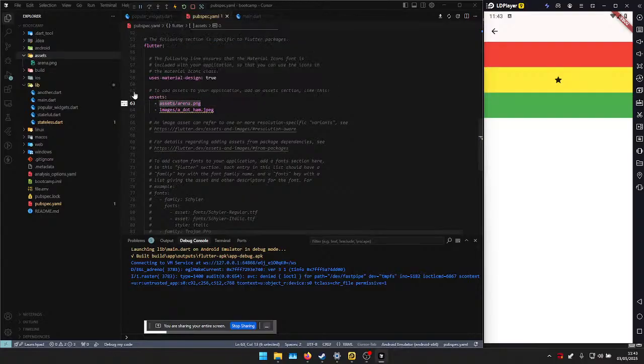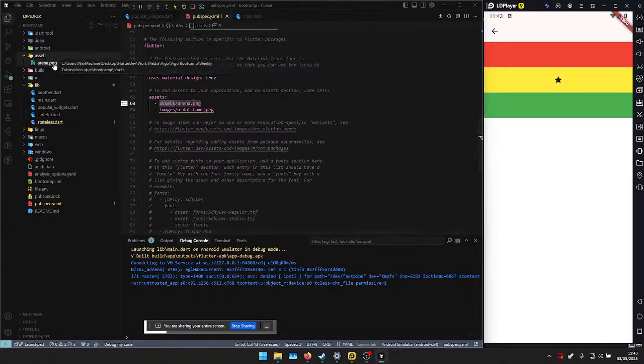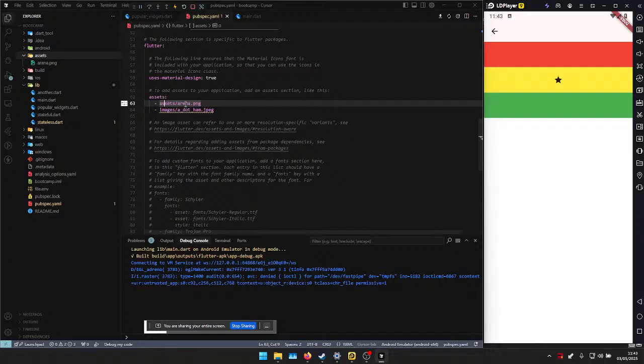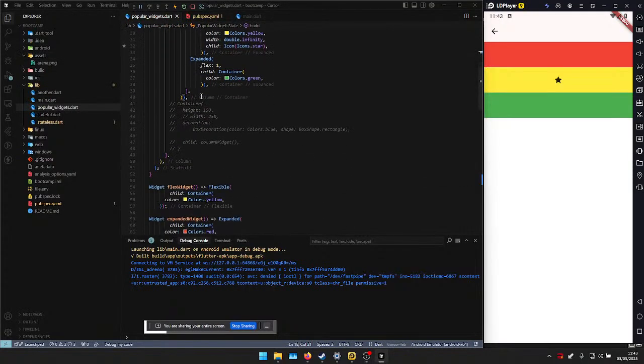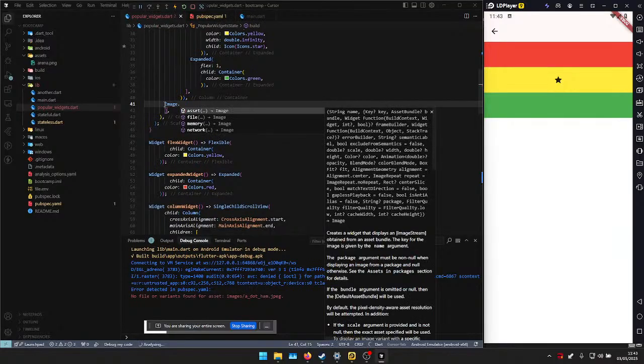Now, look at the path here, assets, arena, PNG. These two, they need to be exact, one for one. You have your folder path, and you have your name and the extension over here. Now, coming into our popular widgets, let's see if we can access it. Now, let's start with one. Now, if you want to make use of